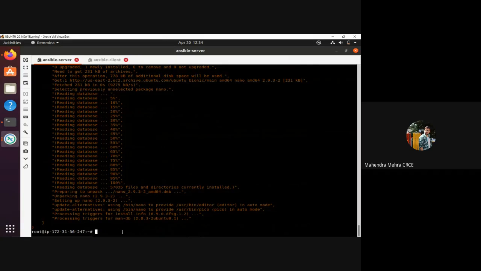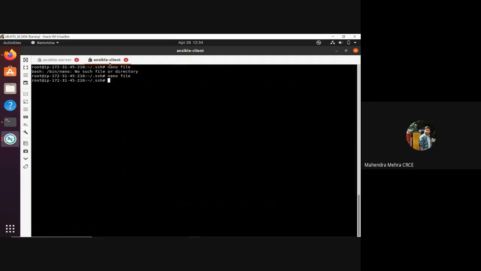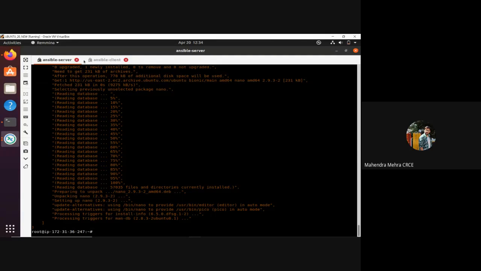Let's also see one more module, which is the copy module. So let's say I want to copy a file from my server machine to the client machine. So the command is, you have to use the module called copy module. Other syntaxes remain the same. So ansible, space, the module is -m copy,